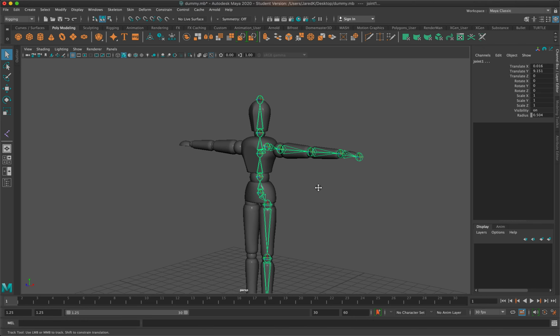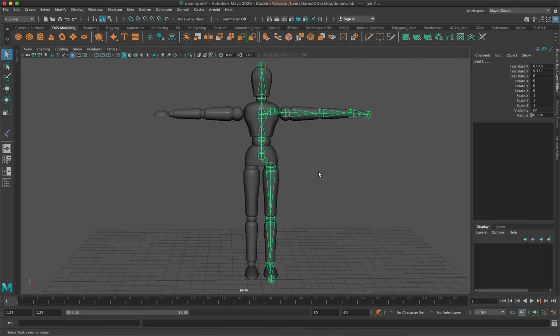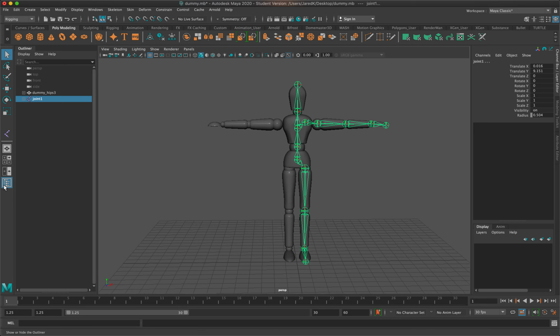So the next thing I'm going to do before we move on to the other side is I want to name things. So naming things is pretty crucial when it comes to rigging, because for one, if you're a person rigging a character, the person who's going to animate it would love to know what joints they're moving around, or if they're going through the outliner. So if I open the outliner like this,